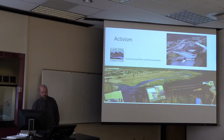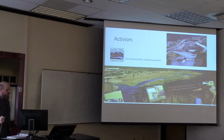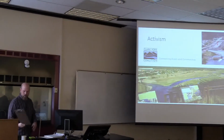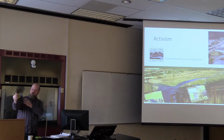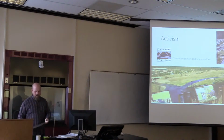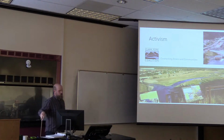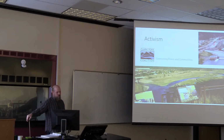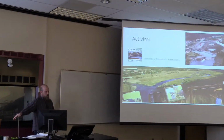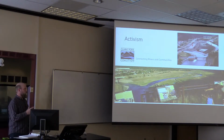And they were very successful, largely because they really engaged the public. I was a resident in Missoula at the time, and you would see this bumper sticker everywhere, remove the dam, restore the river. And there was really this groundswell of public support to do just that. And so at rallies and at meetings, they'd get hundreds and hundreds of people to show up. And of course, it wasn't just